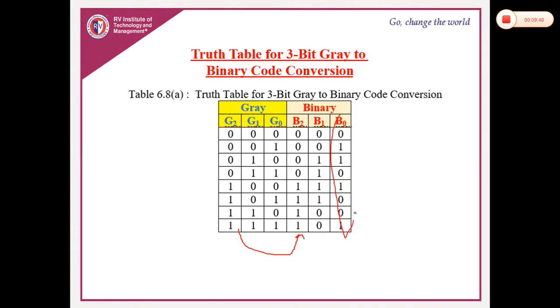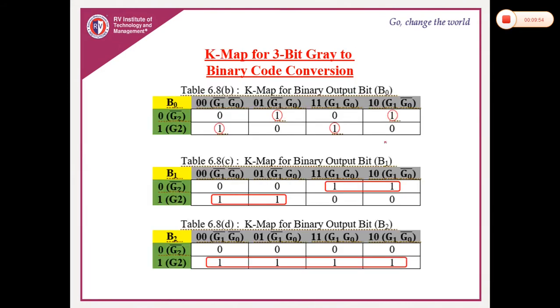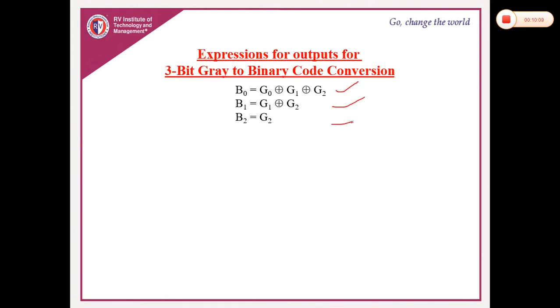Try to draw the K-map for B0, B1 and B2 and try to obtain the expressions. You can see the K-map here. There are no octets possible, no pairs are possible, and no even single terms can be taken into consideration, and finally you will get these three expressions. So this is how you will be able to understand the concepts associated with the half adder, half subtractor, full adder, full subtractor, binary to gray and gray to binary code. Once you know all these things, the next task is very important: how to club these things together and implement the actual logic using the required ICs.